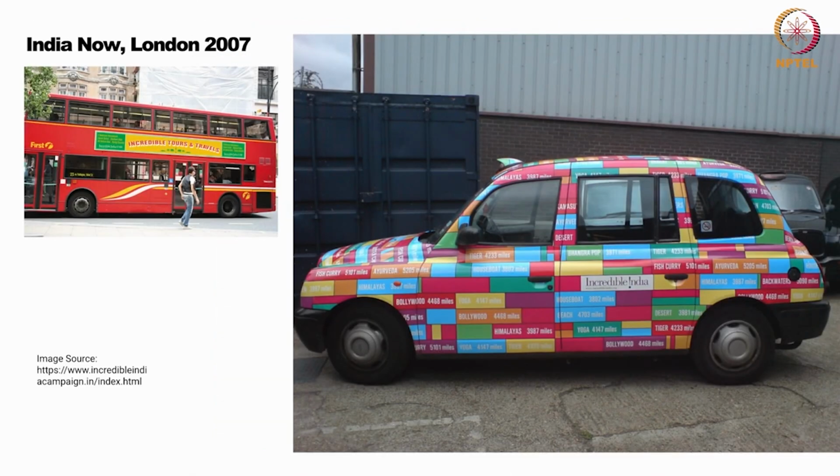Next, these are some of the transportation vehicles where they have talked about the existence of India as a tourism destination. And you can see how the names associated with India, like Ayurveda, Himalayas, Bollywood, which are purely infused in the Indian culture, were highlighted in the overall depiction as a marketing campaign.